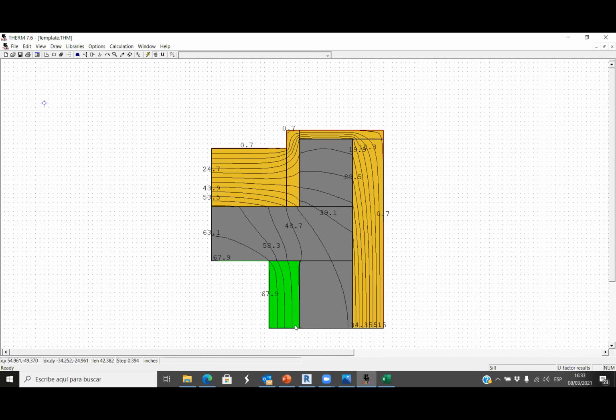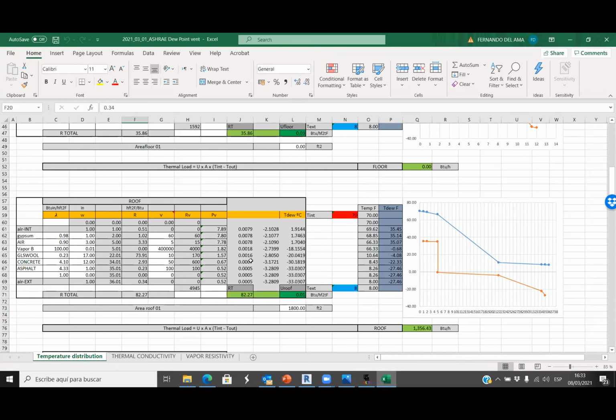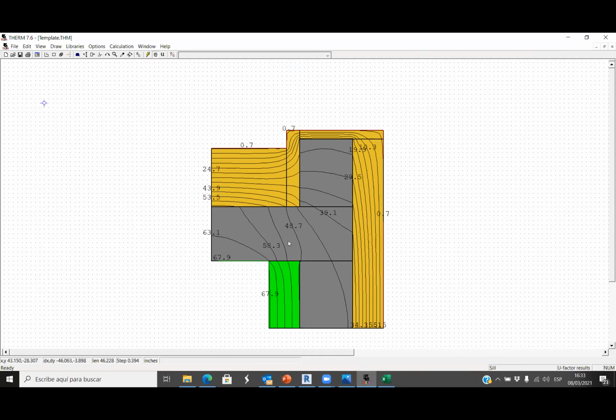As you can see, when we have the wall or we have the roof, the temperature profile is parallel. So that means that this is what we do with this Excel file. With this Excel file, we are calculating the temperature profile when we don't have corners. But if we have corners, we need THERM. Does it work? Does it help? I mean, the indoor temperature profile. It helps, but I think it's even better if we